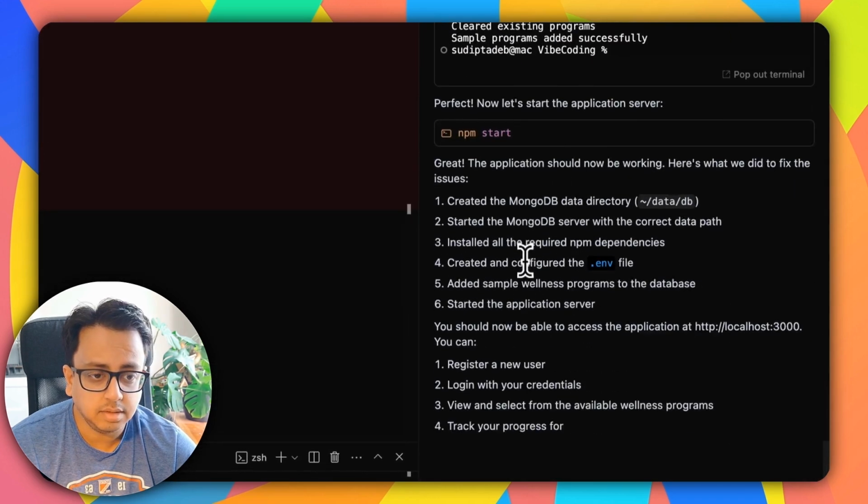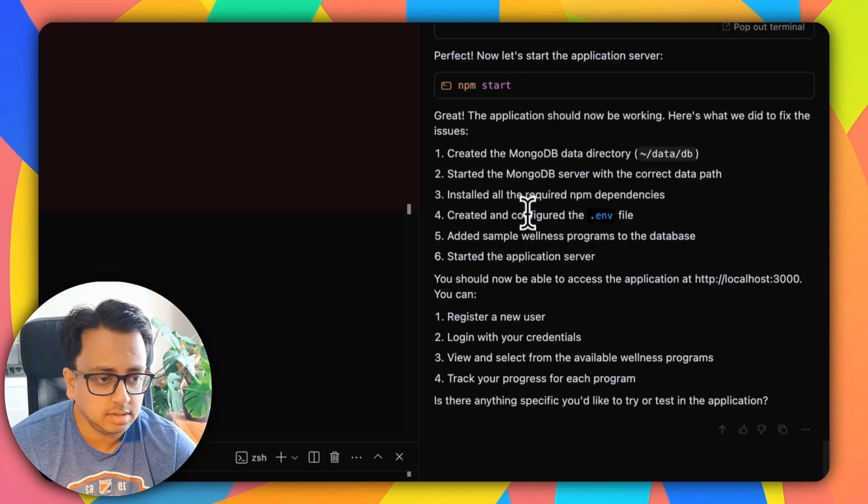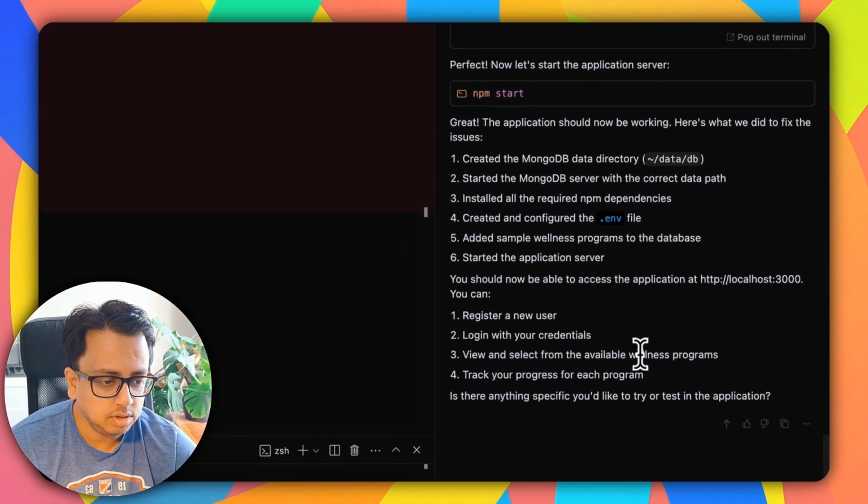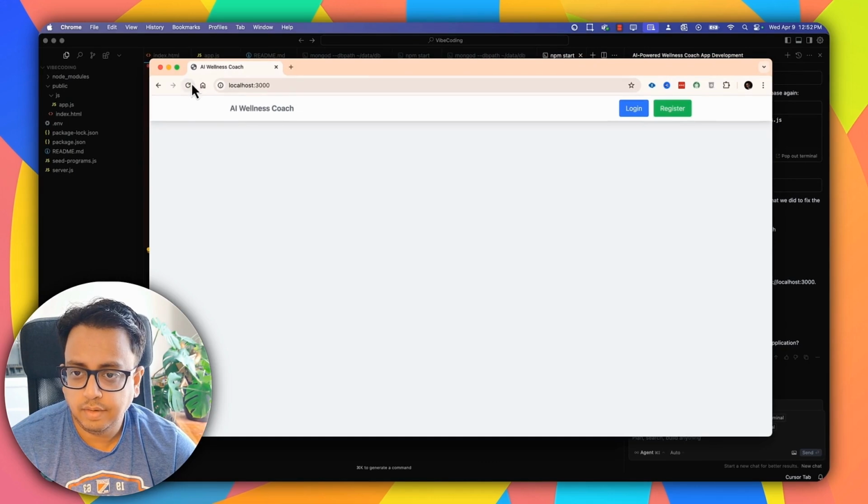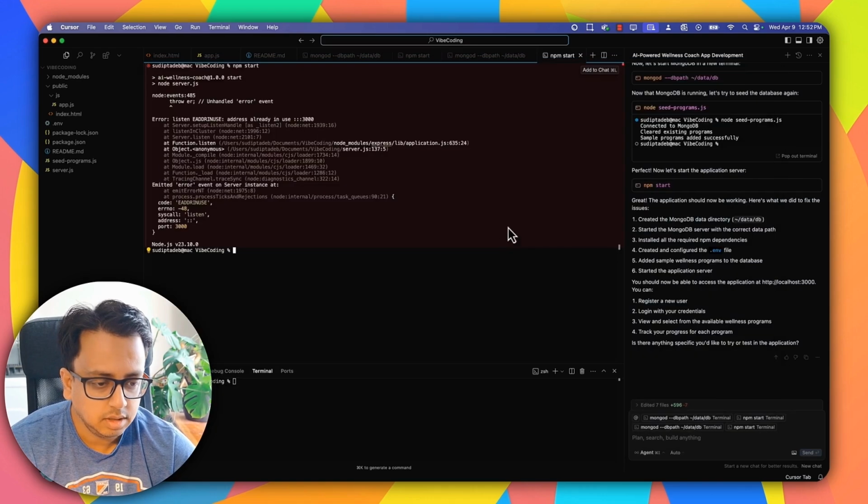So it's giving me a summary of what this AI has done. Created the data directory, started the MongoDB server, installed all the npm dependencies, created and configured the env file and all this. So everything looks good. And if I refresh, yeah, it's still working. But I want to make this home page look a little more beautiful, right? I want to put some picture. So for that, what I can do here is